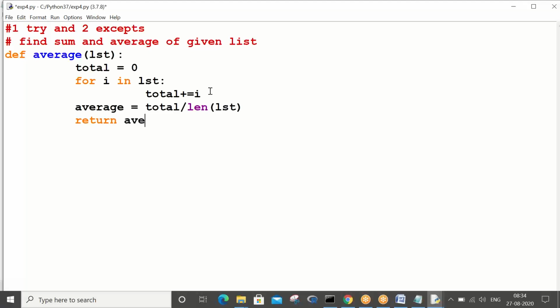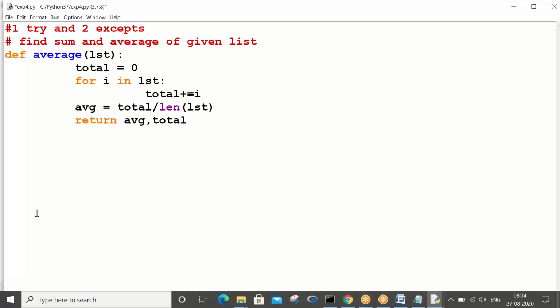You return avg and you return total. Total will have the sum of elements of your list, and average will contain total by length of list.